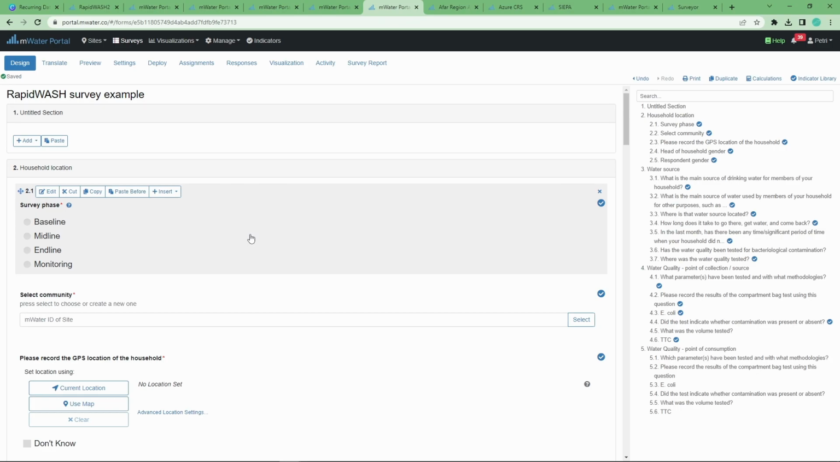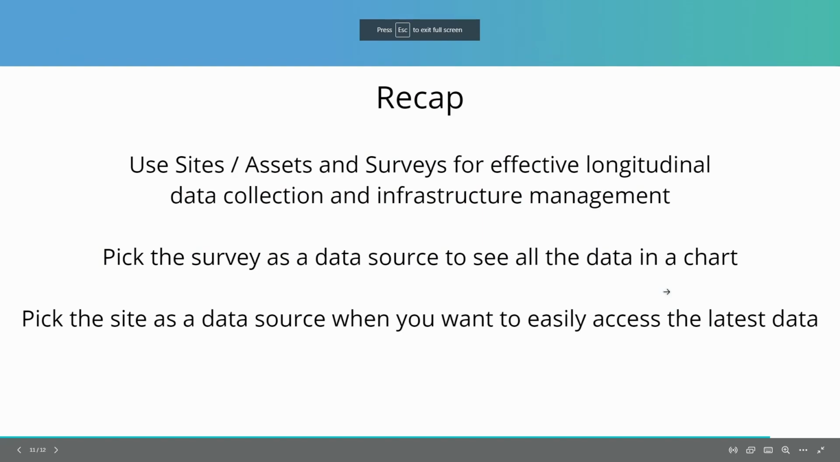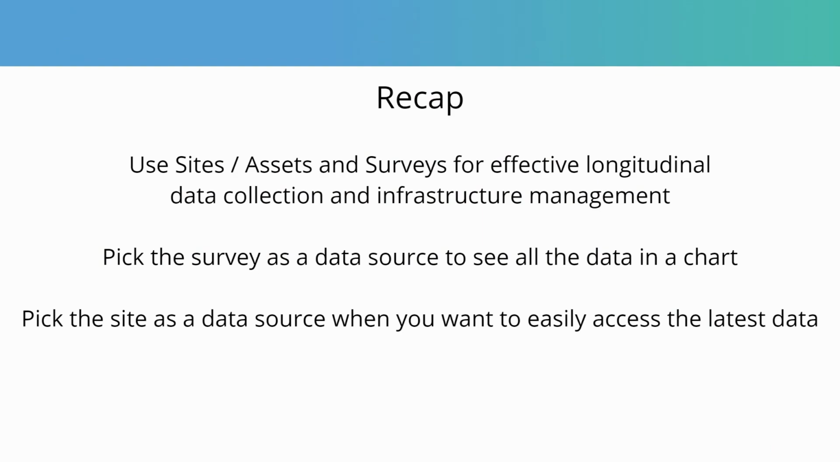And if you find that there are places you can contribute to that, then let us know and let's talk about that. But that brings us just to the end. Let's recap. Key point from this video, please use sites or assets, depending on your use case, together with surveys for the most effective longitudinal recurring data collection and infrastructure management in mWater and Solstice. This combination allows you to be efficient. You only need to collect the site data once, links it in a robust way, so you know that you'll be looking at the apples and apples, comparing the same thing, visit 1, 2, 3, 4, so on for the